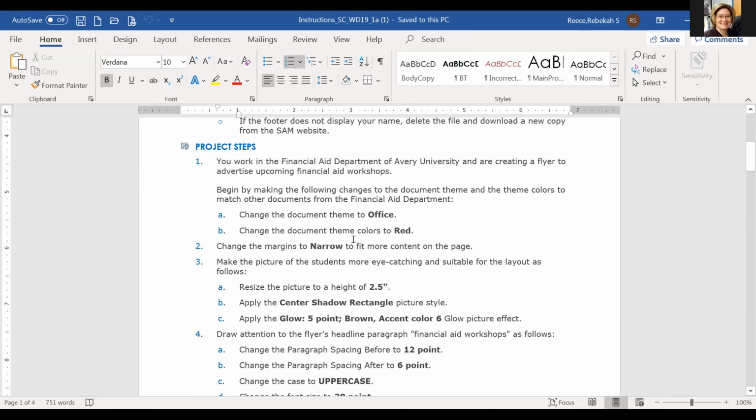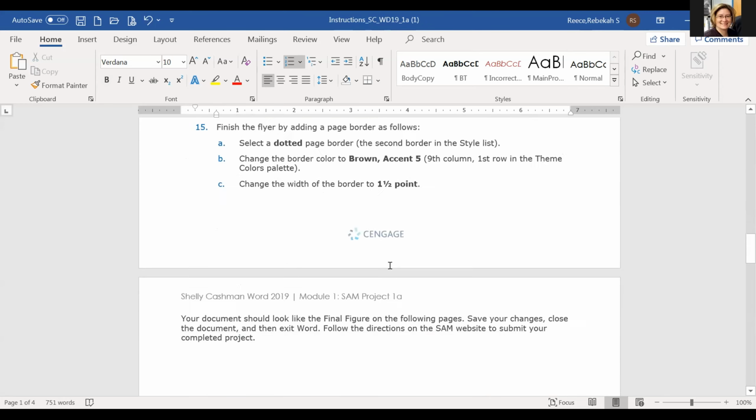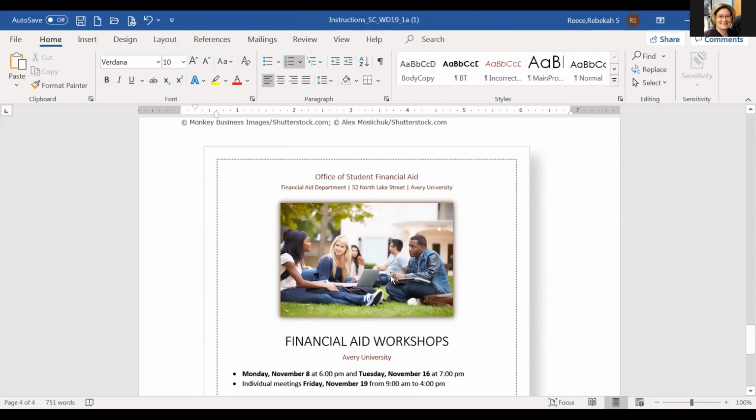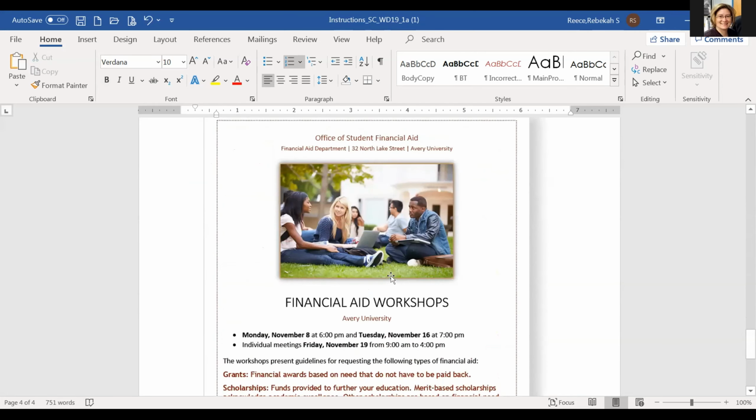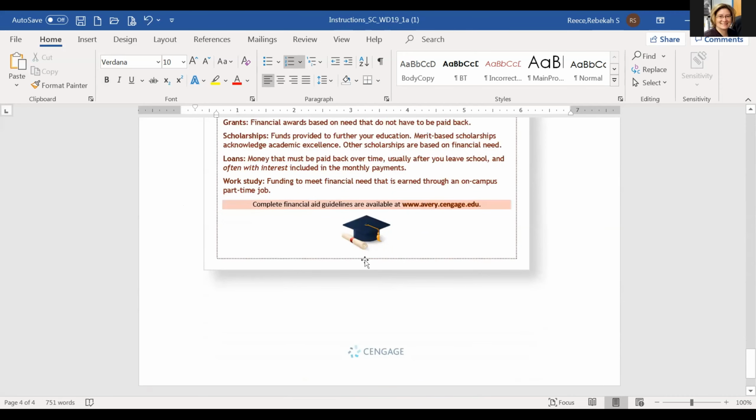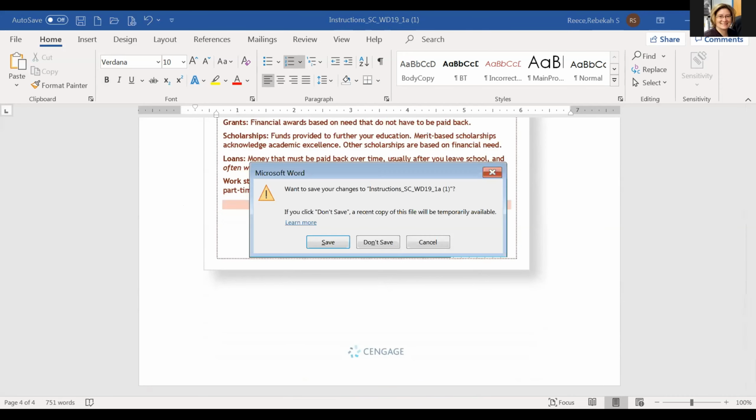If you don't have the two screens, or if you're having to share, then you just might be better off going back and forth. Some people do, once they get finished with this, like to highlight something so that helps them find their place a little bit better the next time. Okay, so you go through all of that. Once all of those are done, then it does show you what the end document should look like. So hopefully yours is going to be close to that. Again, once you have it saved, then you're going to be ready to go back and